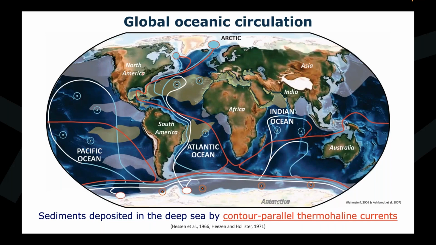So we all assume that the deep water is weak in terms of energy, and these kinds of deposits are therefore fine-grained sediments. And it's not possible to have coarser, gravel, or sandier contourites because of the influence of the oceanic